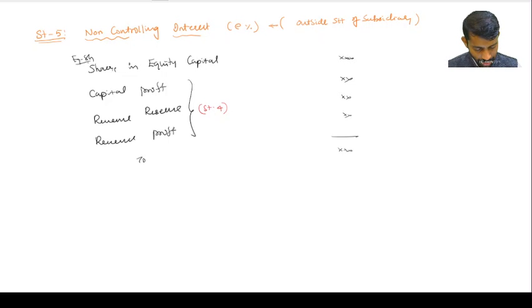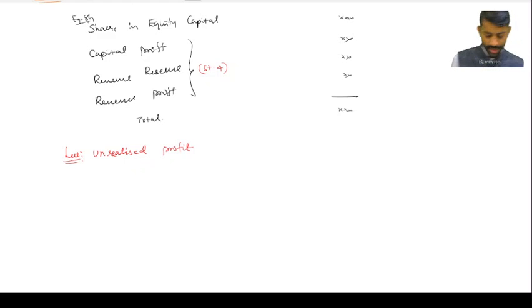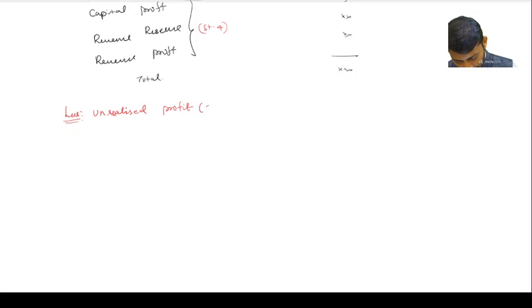So then I will take this total. This is the total of profit, that is nothing but capital plus reserves and surplus share. Got it? So now out of that, very important, less unrealized profit. So unrealized profit, that too share of non-controlling interest only in case of